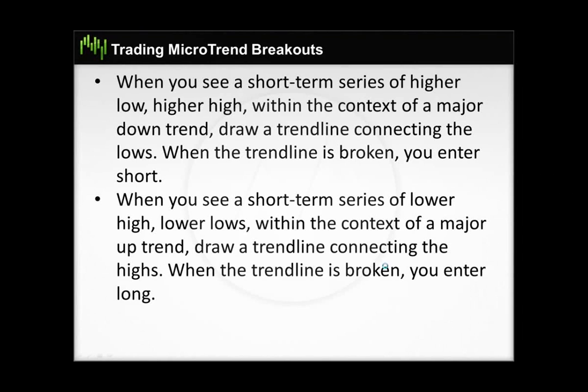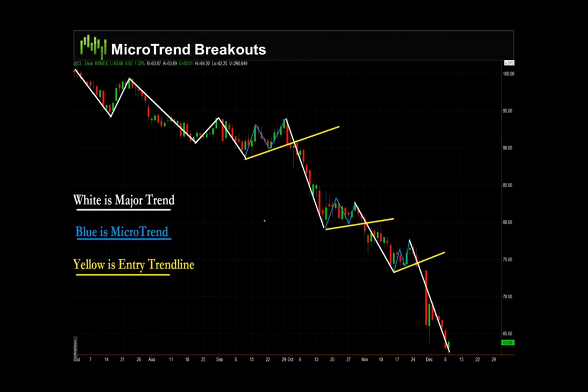All right, so this is that same crude oil chart. Remember, I zoomed in so you can see a little bit closer. As of this point here, we're now in a downtrend. So from there on, we're looking for shorts. So where are the micro trends? Well, here's a pivot low, here's a pivot high, here's a higher low, here's a higher high. But the major swings, the big pivots, are lower highs and lower lows. So what do we do? We sell on the break of the line. All right, small uptrend within the context of a large downtrend.